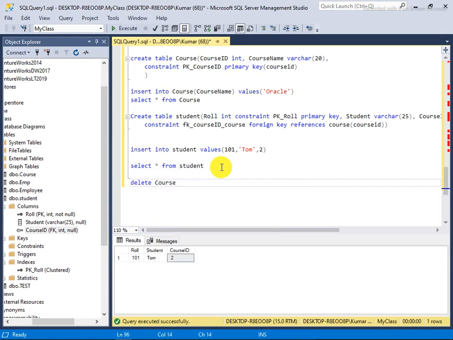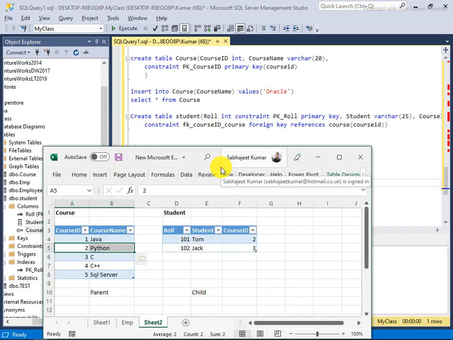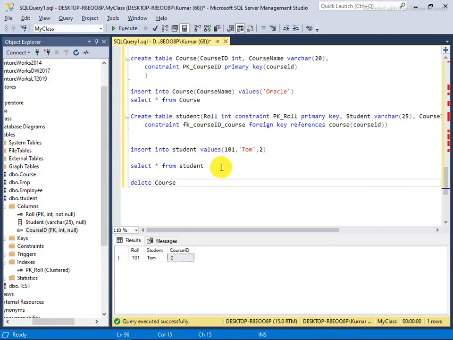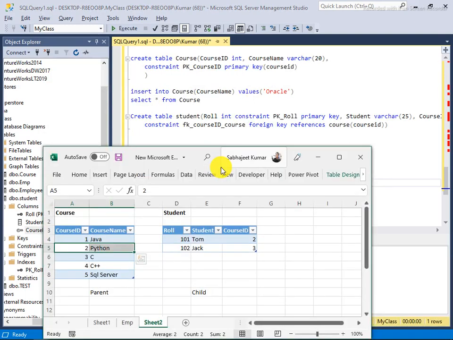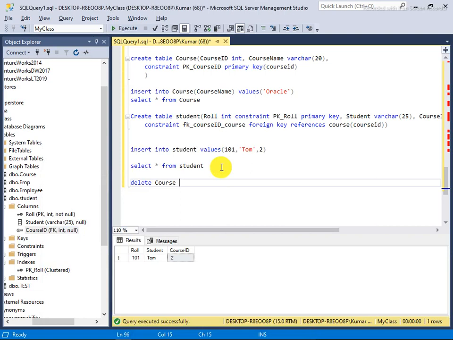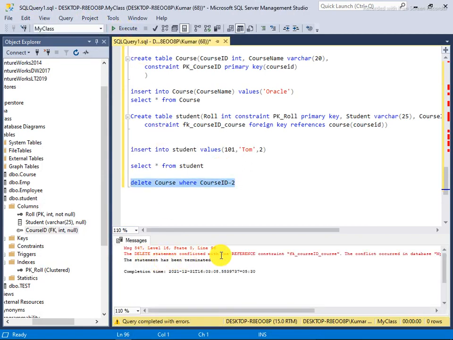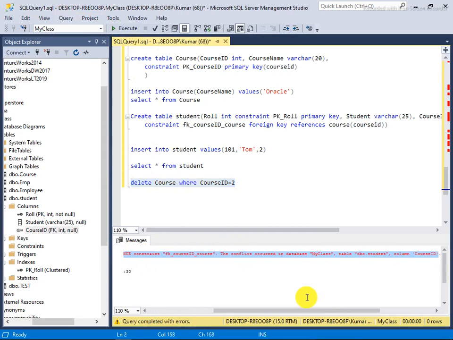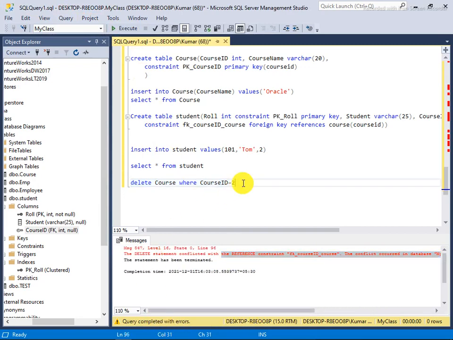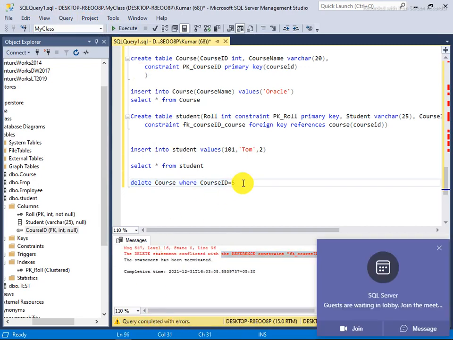Delete from the course table where course id equals this, and you can't delete it. It says you can't delete as it's being referred to by a foreign key in a different table. If something is not being used, you can delete it very easily. If I say 5,